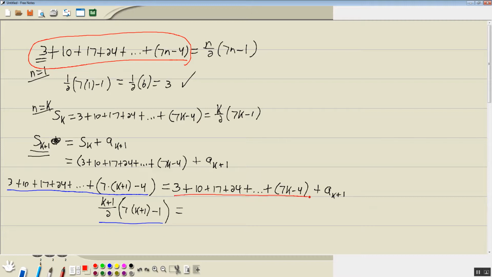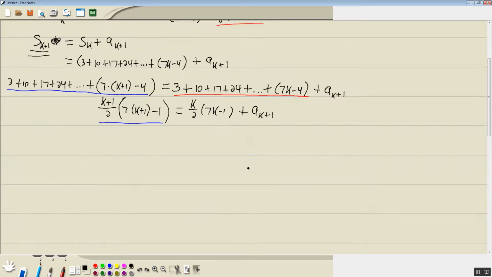Now I'm going to replace this with this right here. So I got k over 2, 7k minus 1, plus a sub k plus 1. Okay. So I got k plus 1 over 2 times 7k. 7 times 1 is 7, plus 7 times 1 is 7, minus 1 is 6,